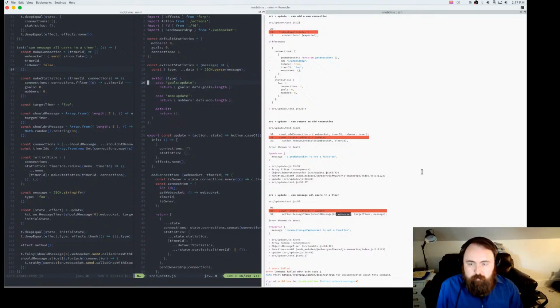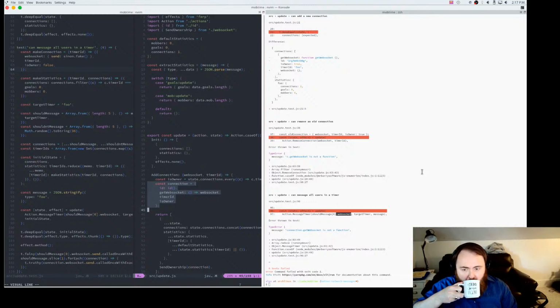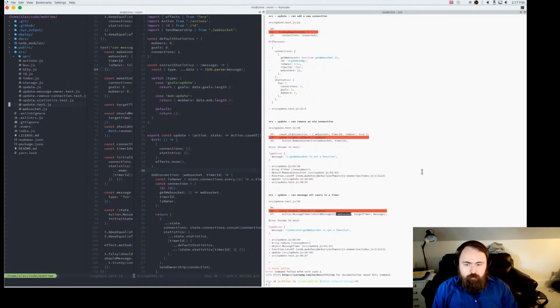Part of me feels like pulling this code out into a function where we can just pass it a WebSocket and a timer ID, and then as owner, which we'll default to false. Then I just have a nice little generator that works. That actually sounds like it.